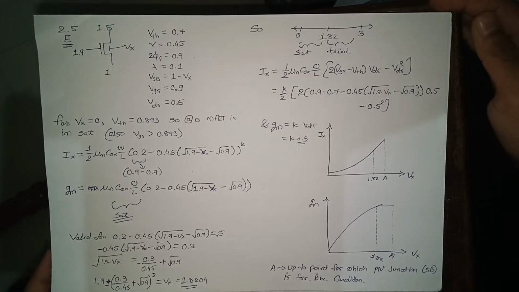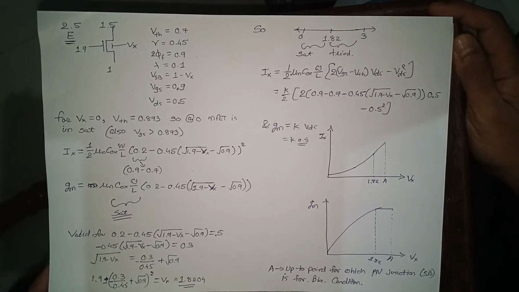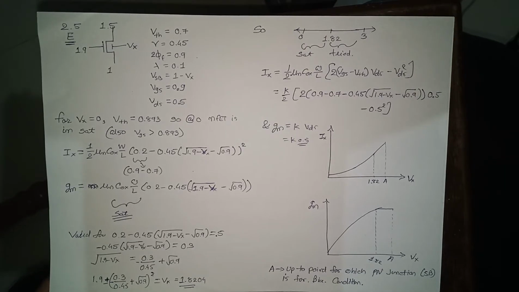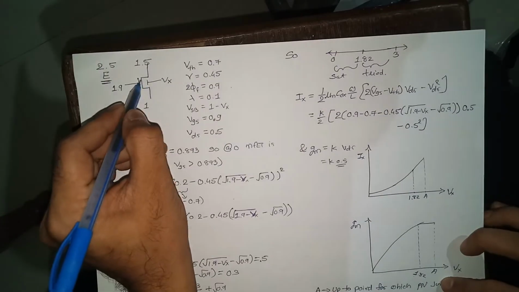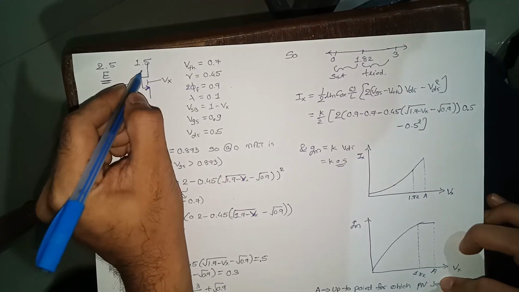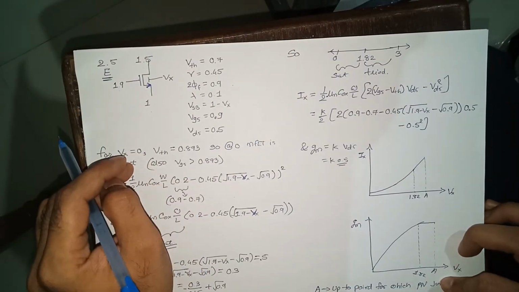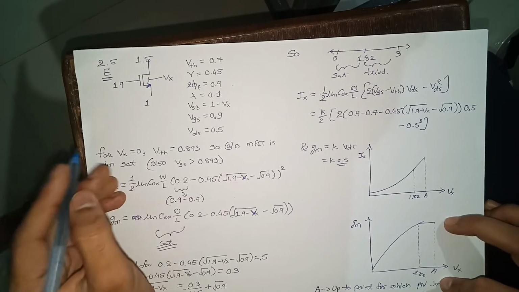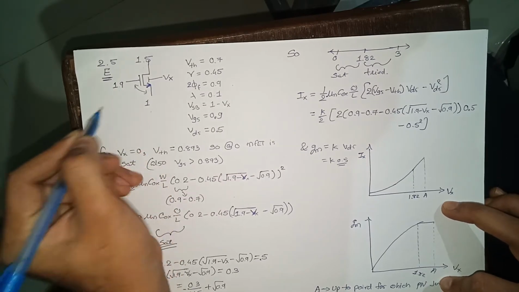Alright, so this is the last part of problem number 2.5, in which they gave the voltages VD, VS, VG. From that we can see what is VGS, what is VDS. So if you will see here, VGS is 0.9,